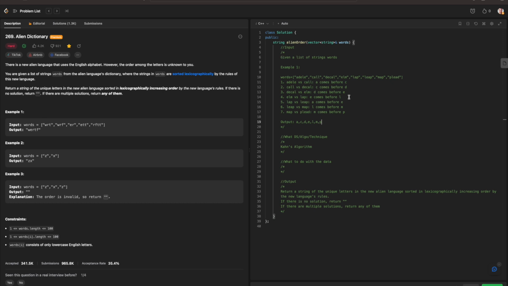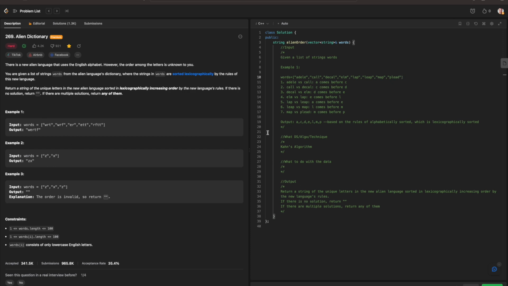That will be our output based on the rules of alphabetically sorted, which is lexicographically sorted. So this will be the exact output that we would have as a result from this list of words that we have. Now, if we want to expand this type of pattern and relationship to the words accordingly,